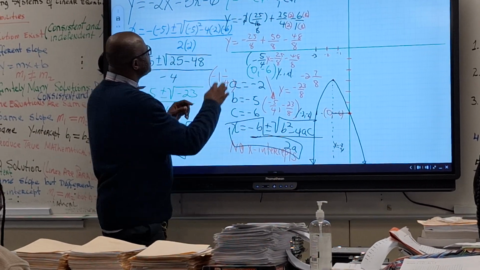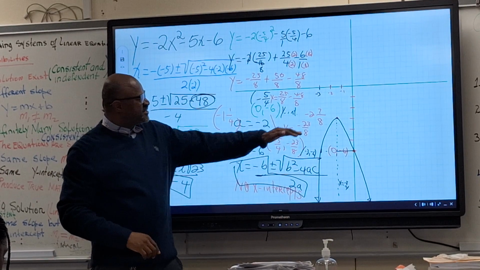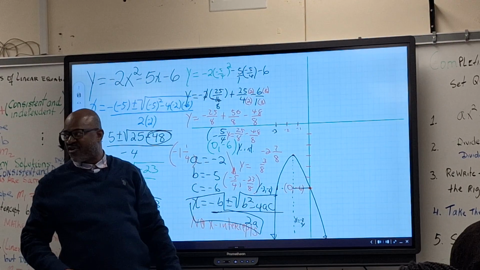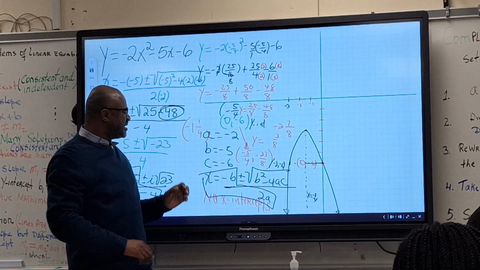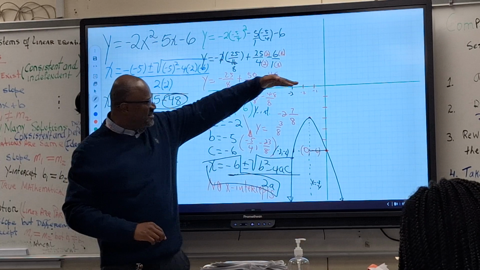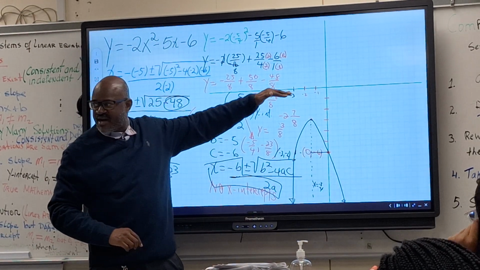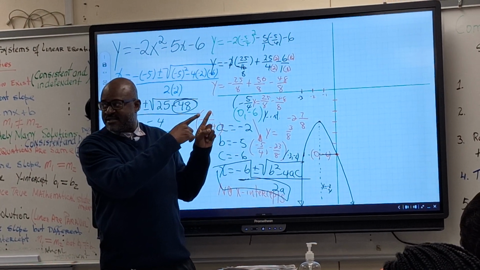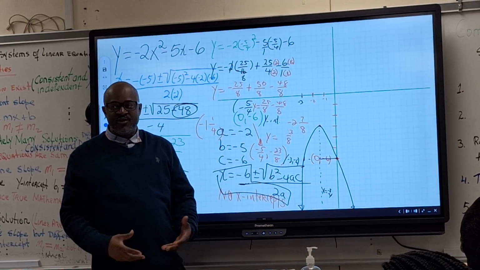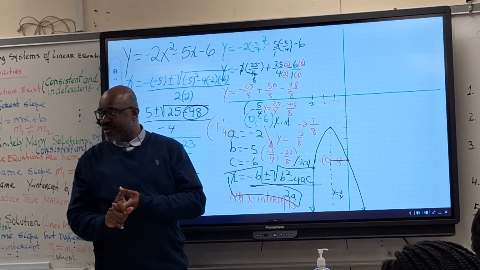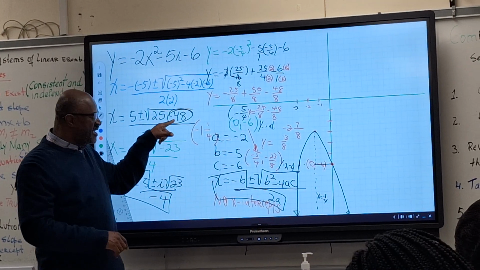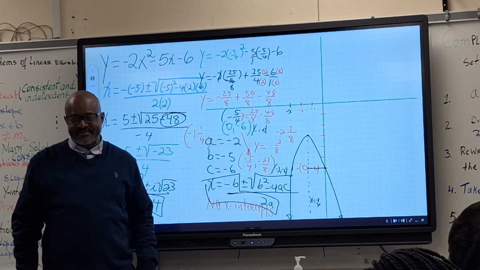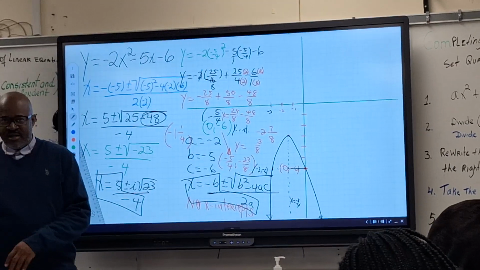As you can see, this was negative. Since it's going down, it's below my x-axis. If it was above the x-axis, it would have touched it when it's going down. So since there's no x-intercept, there's no way this can touch the x-axis, right? Because it's going down. If it was going up, that's something else. Make sense? So before you graph it, you should already know what's going on. Since you know it's going down, this is negative. This indicates that the graph will not touch the x-axis. That comprehension, right? But if you know your graph,